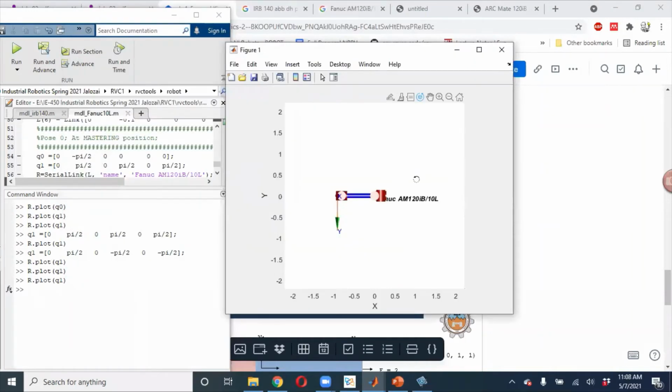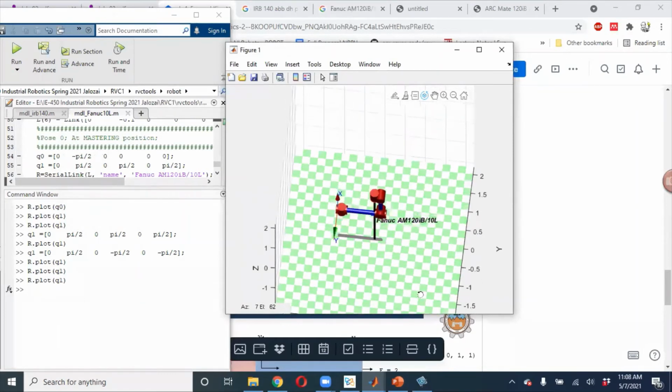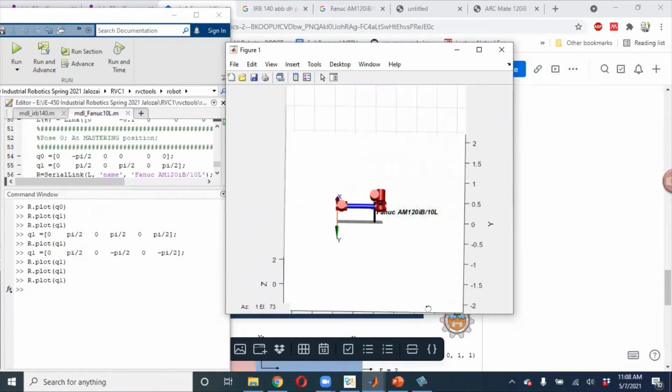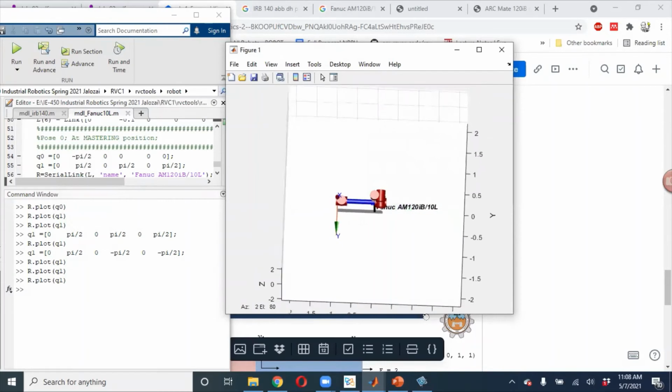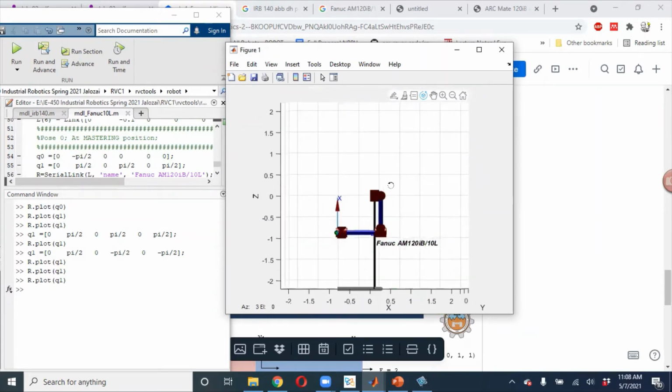The base frame is here. Y is 0, X is 0. Look at this, this is the X frame, so 0. Y is 0. And Z, if you look at the robot,